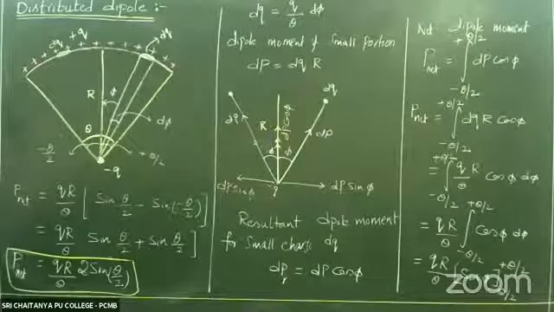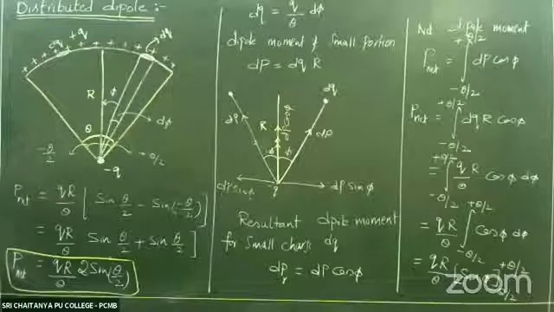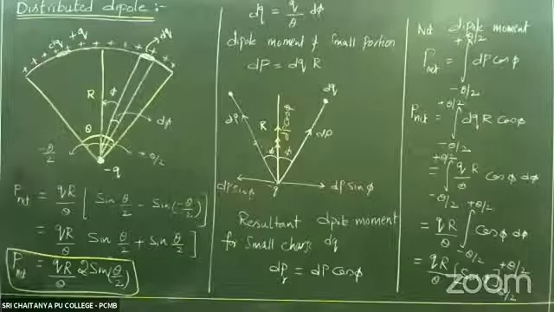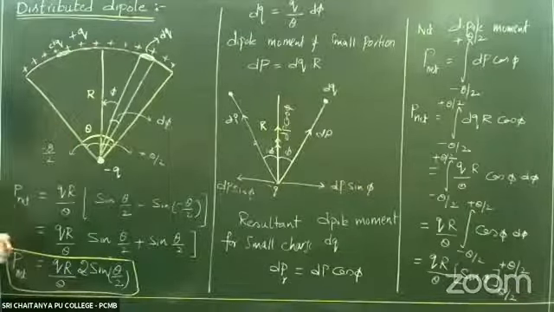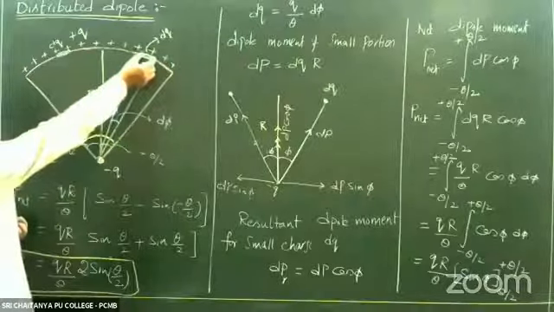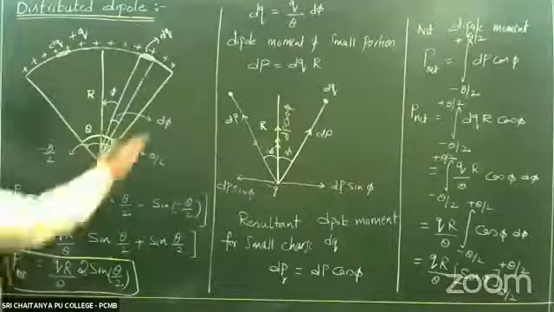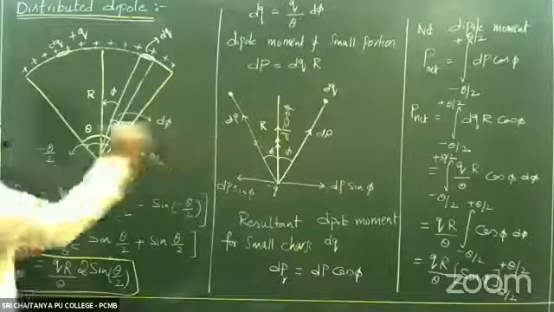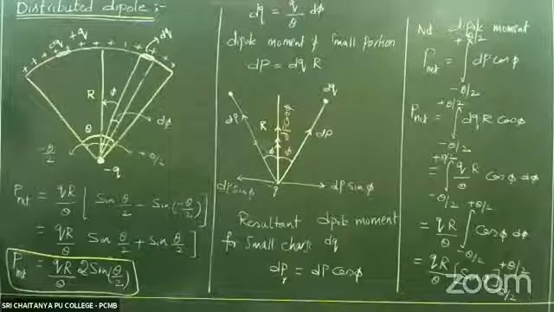This is the answer. Students, this is important for entrance point. It is not a board question. It is important for entrance point. This is a new approach. Whenever it is distributed like this, first select a small portion, find the charge on that small portion, and proceed like this. Right? You go through it once again, you can understand.